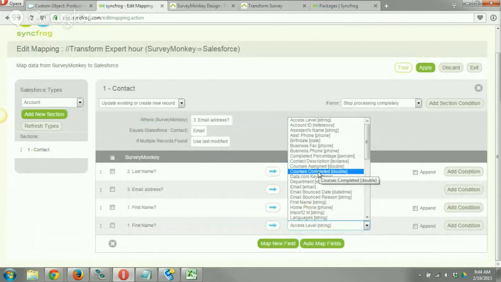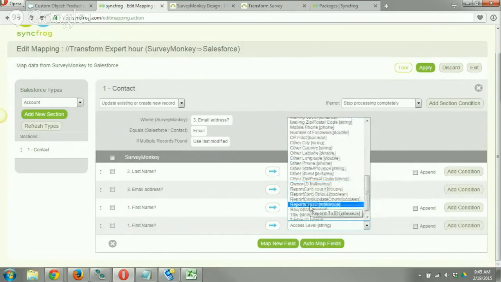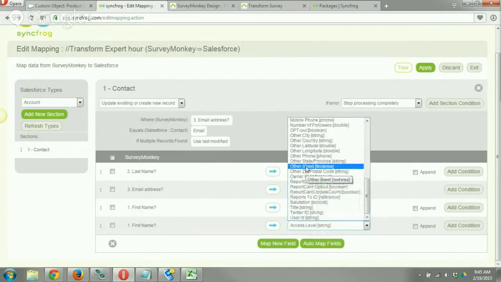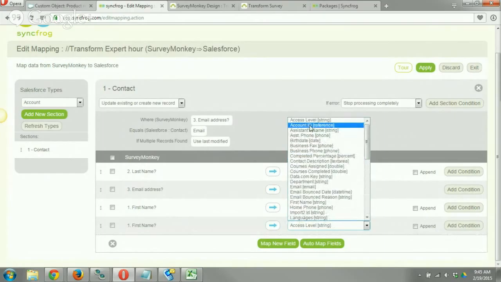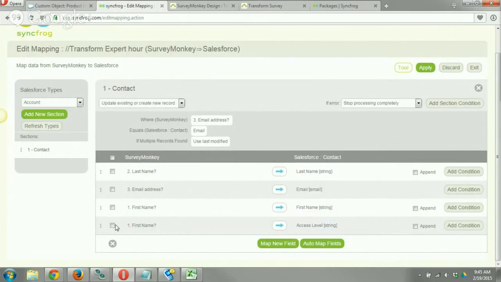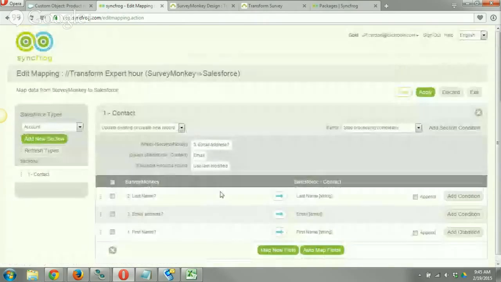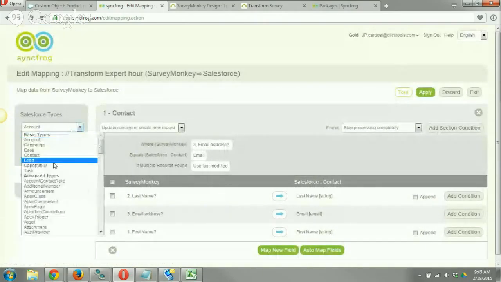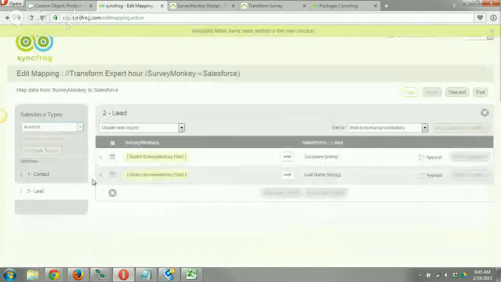So we could have an account created for them as well, if we like, or anything along those lines. So since I don't have a company, all I have is account ID, and I'm not going to be using that. So we're just going to go ahead and trash that. And we would need the company name field, honestly, for a lead, right? So if we're going to create a new lead,